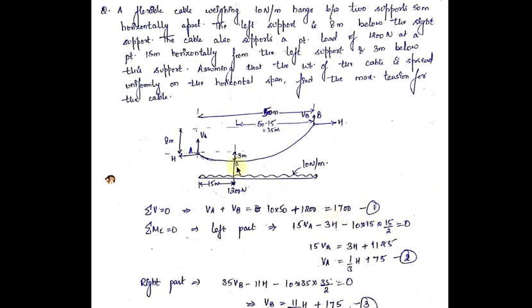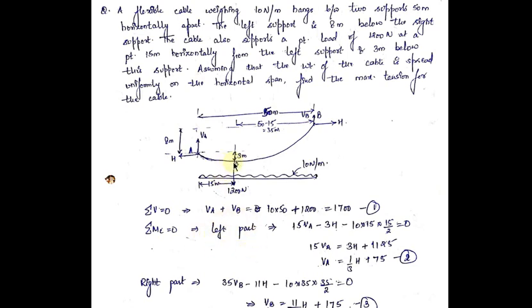Now we will apply summation of moment about point C equal to 0. See, just like we did in arches, when we apply summation of moment about any point on an arch, we used to consider either the left part of the section or the right part of the section. So here also, while analyzing a cable, when we consider the moment about any point on the cable, we either consider the left portion of the point or the right portion of the point. So in this equation, while applying summation MC equal to 0, we have taken the left part.